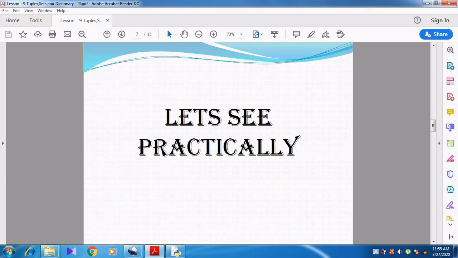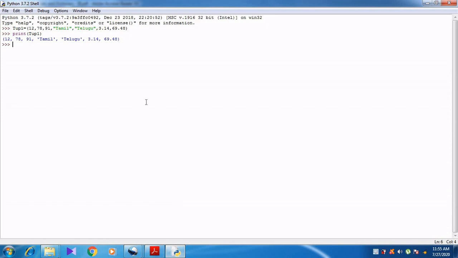Now let's see this in a practical manner. Already I have assigned all the values here, 12, 78, everything is stored in tube 1. So straight away I am going to give print tube 1, with the starting index 2:5.